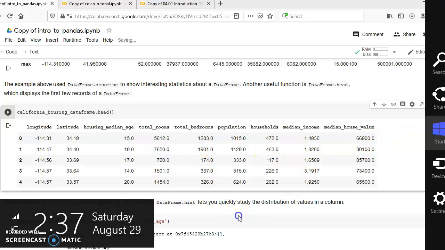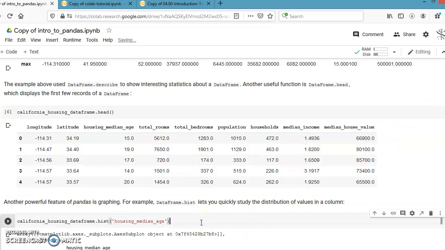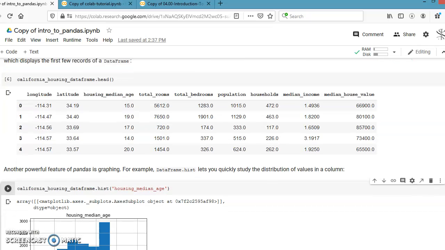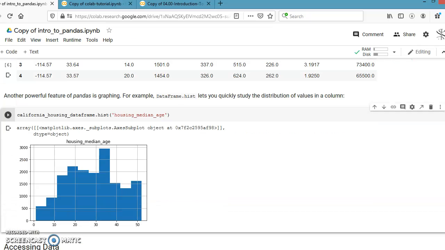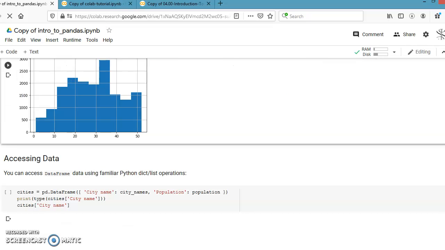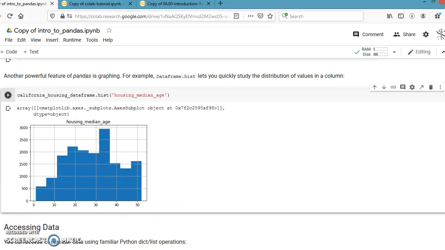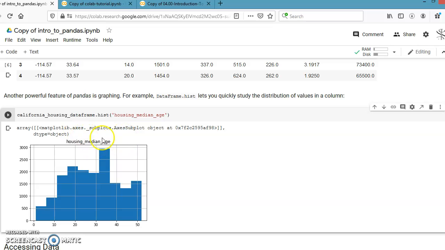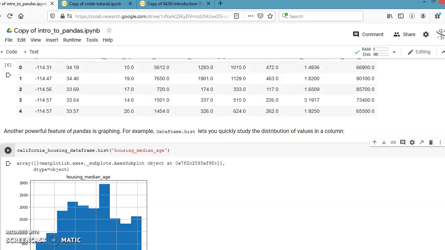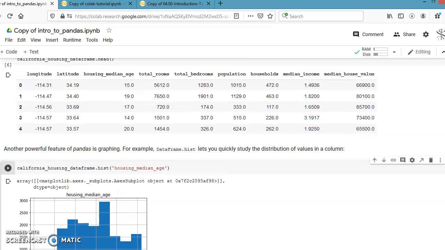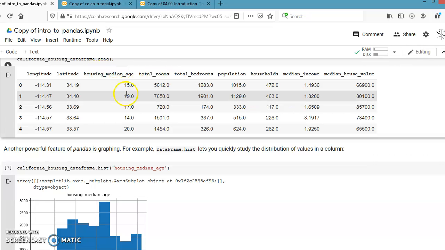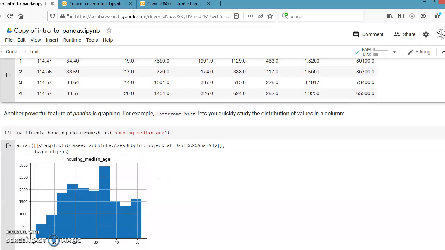Then we'll continue. Okay, now we can apply a histogram operation that can give you some visualization of that data, where this histogram shows you the housing median age, and that age is distributed over that range.